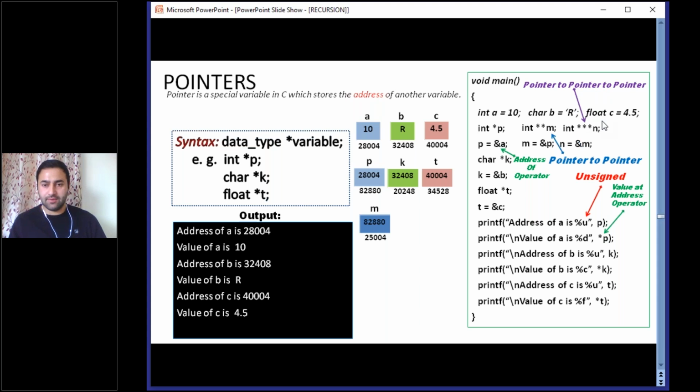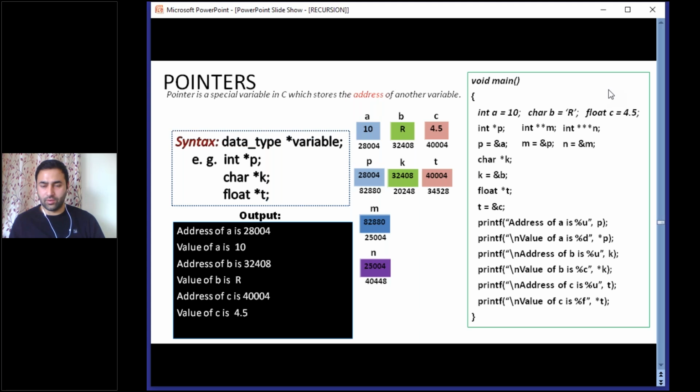Now N will store the address of M here. See, in memory again a block will be reserved, N, and it will now store the address of this M, that is 25004. It will be stored here, okay, and its address is 40448. Okay, now using these pointer to a pointer and pointer to a pointer to a pointer, we will try to manipulate this data, this value 10. So just take a screenshot of this now. I will move all these unnecessary words away, and then we will write only the program for pointer to pointer and pointer to a pointer to a pointer. Okay.